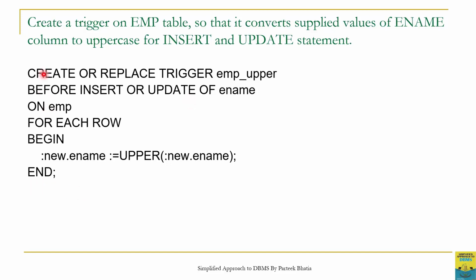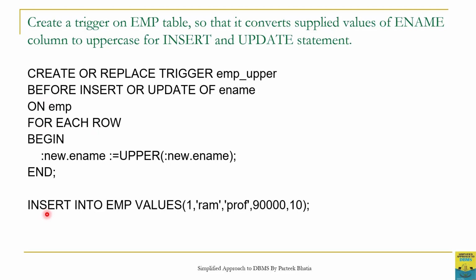So you can see that the code of this trigger is very simple. It is just one line of code, but it is very important to identify the type of the trigger for required action. In this case we have to write before type trigger for each row. When user executes this insert or update statement, this trigger will perform its action before performing actual insert or update operation on this table. It will convert each supplied value of ename during insert or update operation to uppercase.